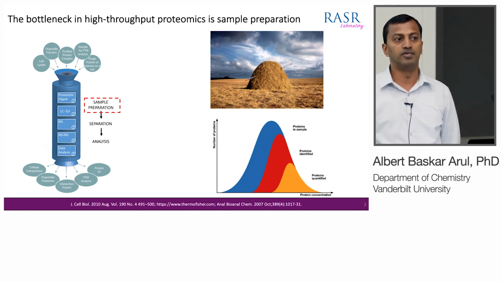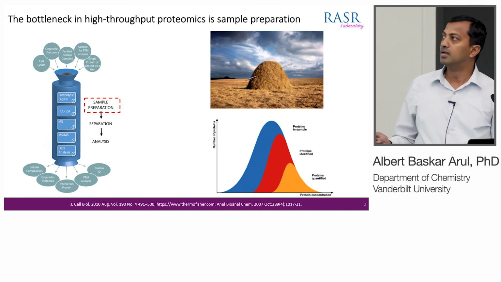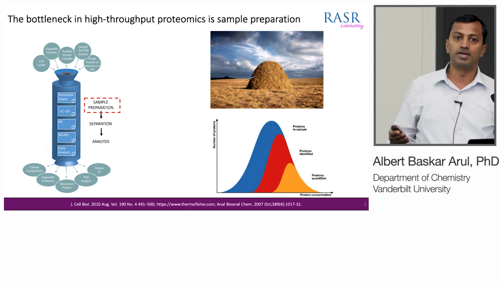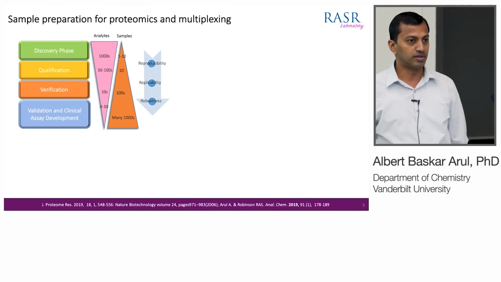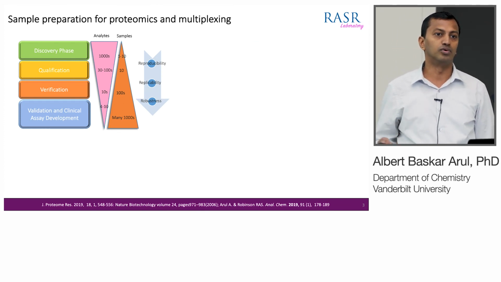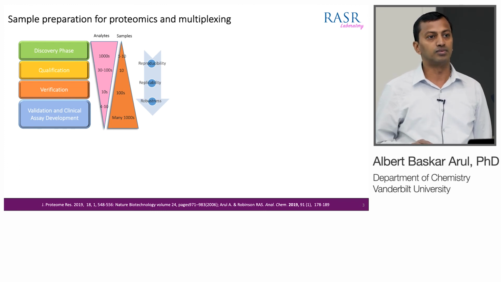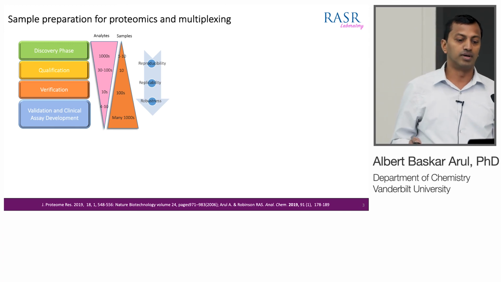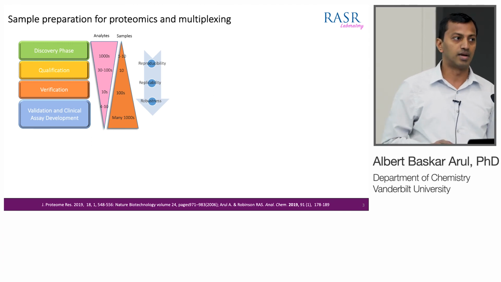So this is very much happening in proteomics workflow right now. When you go for quantification, the number of quantifiable peptides is very low. If you look into the biomarker discovery pathway, the more you go from discovery to the validation phase, the number of analytes is reduced while the number of samples keeps increasing. So there is a need for reproducibility, replicability, and robustness in order to analyze your samples.